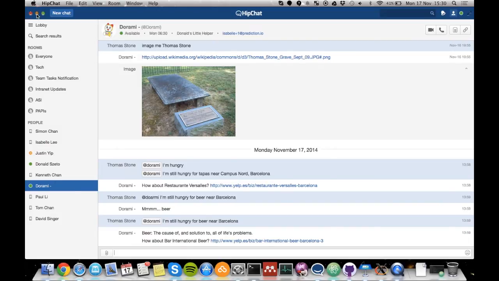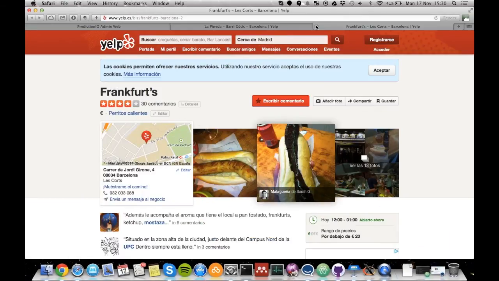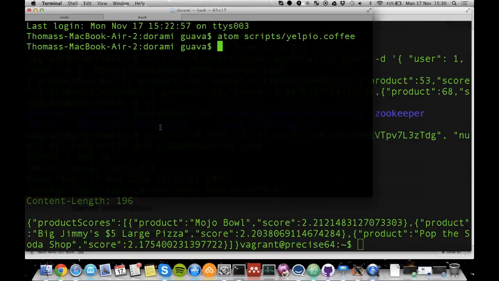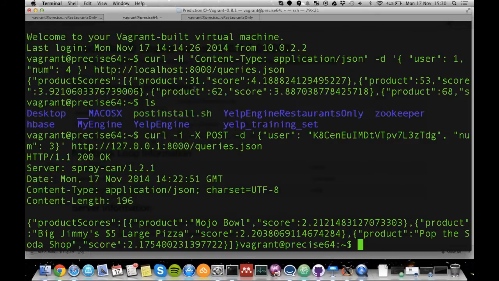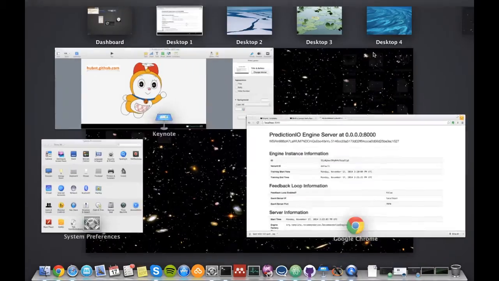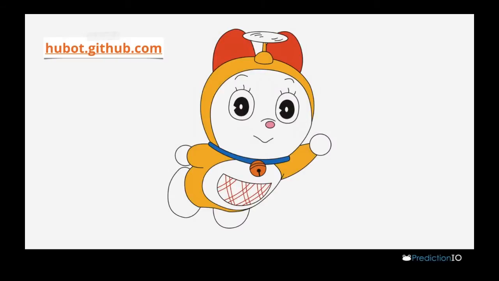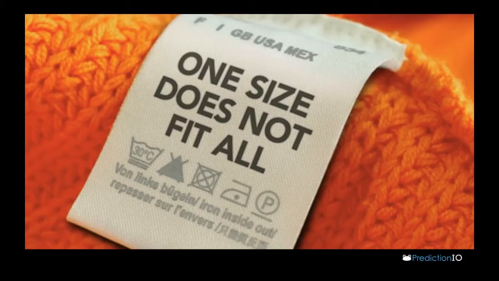So anyway, that comes to the end of my playing around with chatbots and going through the PredictionIO demo. So let me get back to slides over here. I think hopefully what I started to get across through that very quick demo was that one size fits all works very well for SaaS. It doesn't work very well for predictive applications and predictive features.